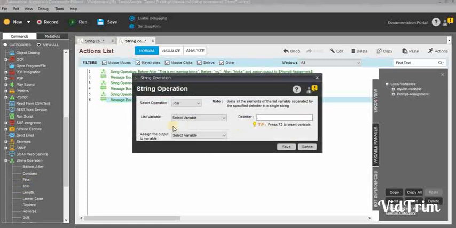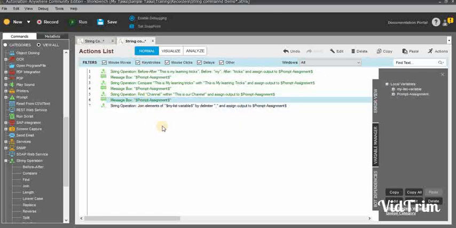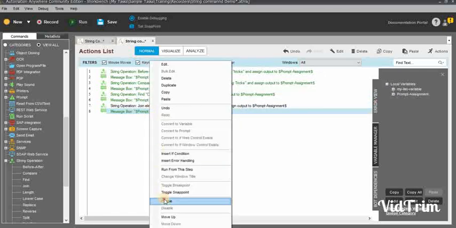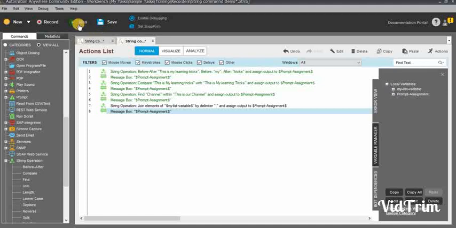Join. So my current requirement is I need to join all the four lists in one cell, which means one range. Within one range we need to join all the characters. So I'll assign this output to the prompt assignment variable. For the delimiter, you can use a comma, semicolon, or any symbols. So I'll display the values so you can see, in the prompt message box. Enable, click on save, and execute the task.